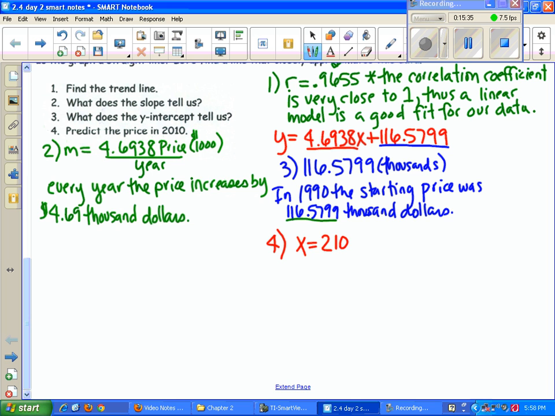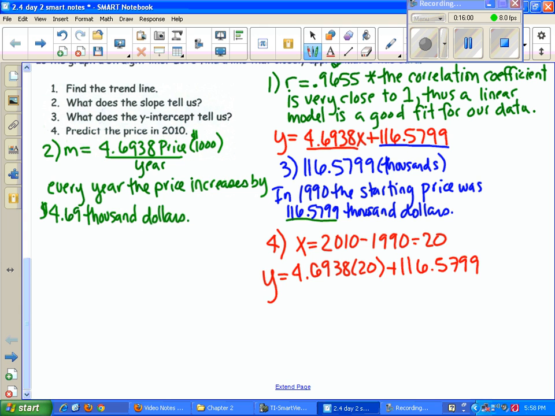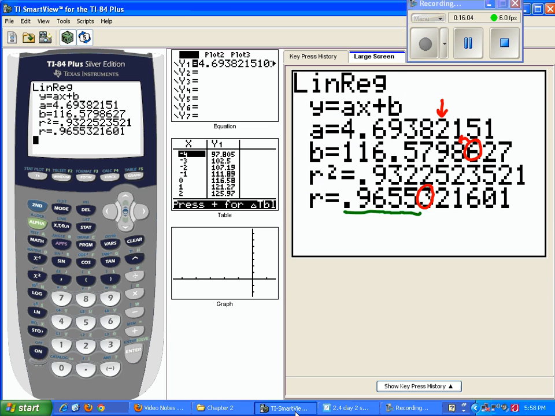So to figure that out, I have to do 2010 minus 1990, and I get 20 for my x value. So that is what I'm going to plug into my y equals. I'm going to do 4.6938 times 20 plus 116.5799. So when I plug this into my calculator,